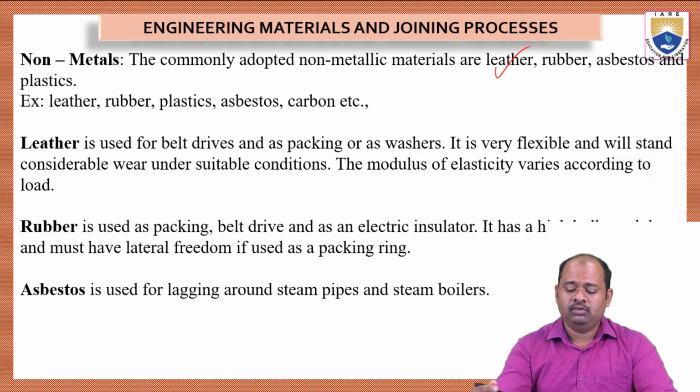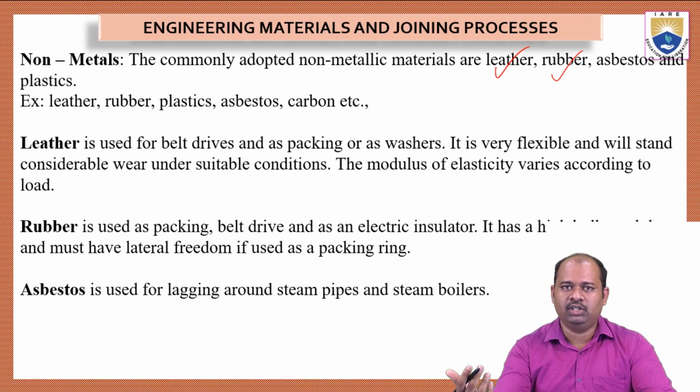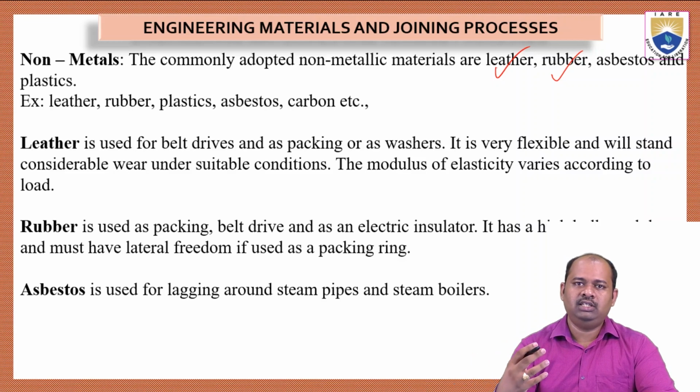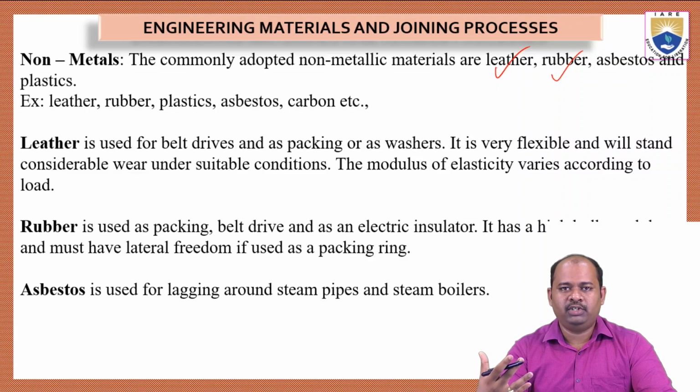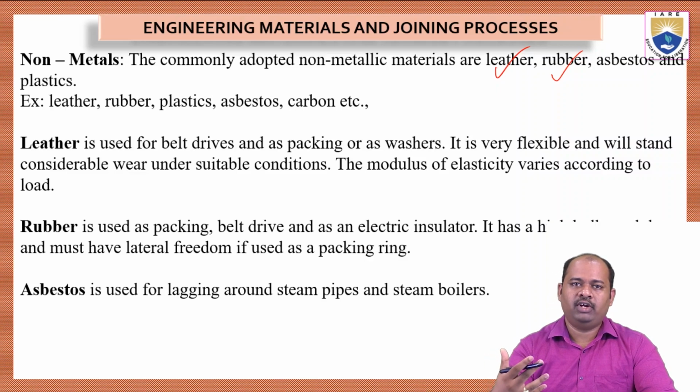And rubber is another example which can be used for lining. So if I have an IC engine, internal combustion engine, the engine cylinder has to be sealed with some kind of lining that is made up of rubber or asbestos. So what is this property? What is the property required for this